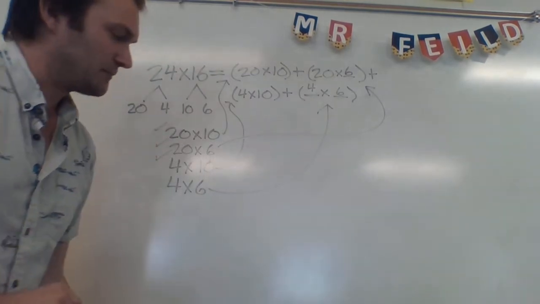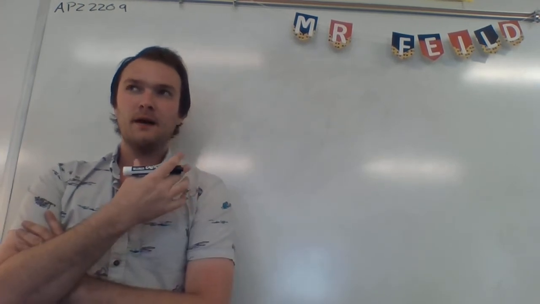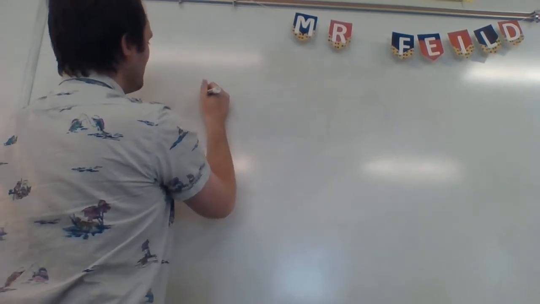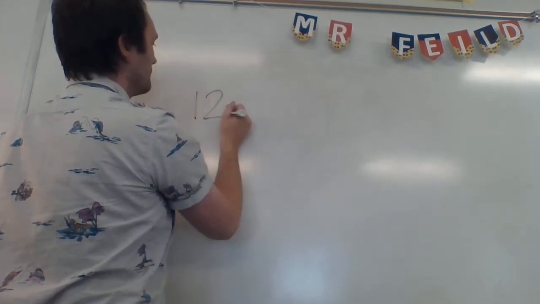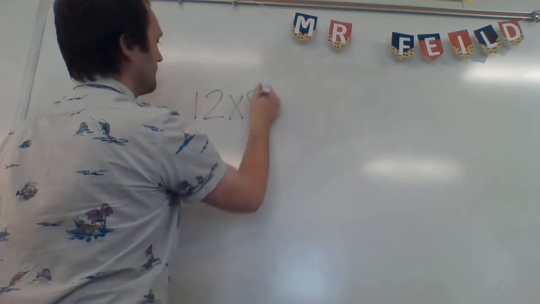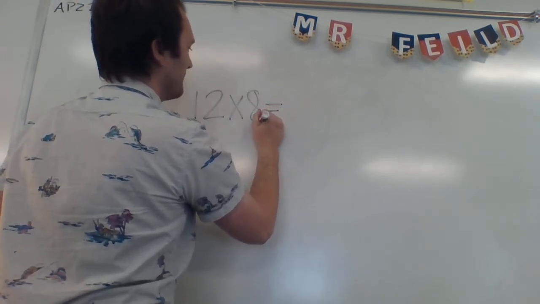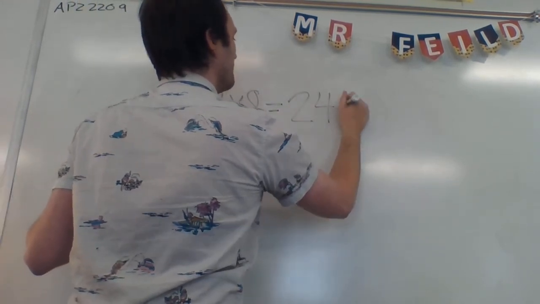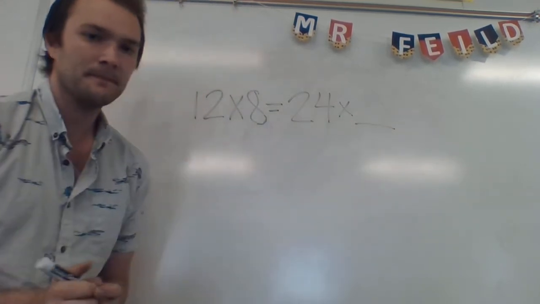Let's look at one other strategy real fast. And one thing I'm going to tell you is that when you're looking at 4C, I'm going to want you to think about a topic we've talked about in the past. And that topic is halves and doubles. So, for example, let's say I've got an equation 12 times 8, or 12 groups of 8. And I want that to be the same as, or equivalent as, 24 groups of blank. Well,